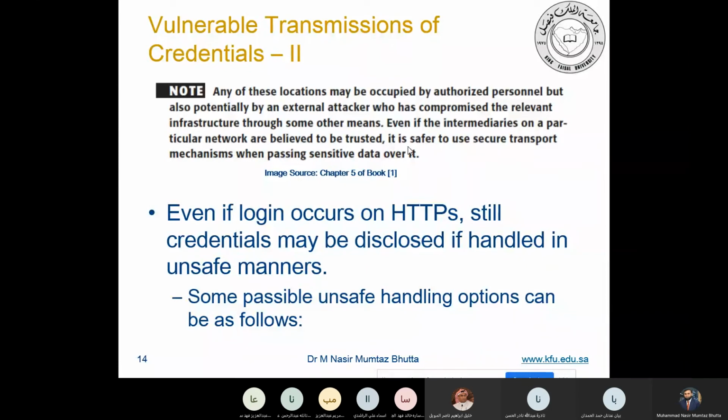If not, depending upon the situation, for example if it is a bank password, you can say I will pay you 10,000 or 100,000 riyals. Depending on the situation, people can be hired. Even authorized people can be hired to crack your username and password. So this is another problem we need to consider. That's why it is recommended that websites should not use HTTP. They should use HTTPS, because when you use HTTPS, your data is in your control. You understand, students?